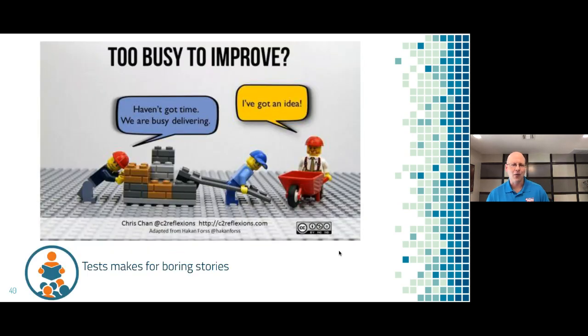And so now for a quick anecdote. I was trying to have an anecdote between each of these sections, between the feedback and adjustments and collaboration. And I realized that tests as an anecdote make for very boring stories. So I could tell you about the time that we once had a bug in our deployment process where we accidentally released to production some code that never went through QA. But it was fully covered by tests and no one really noticed or cared because it worked, because the tests